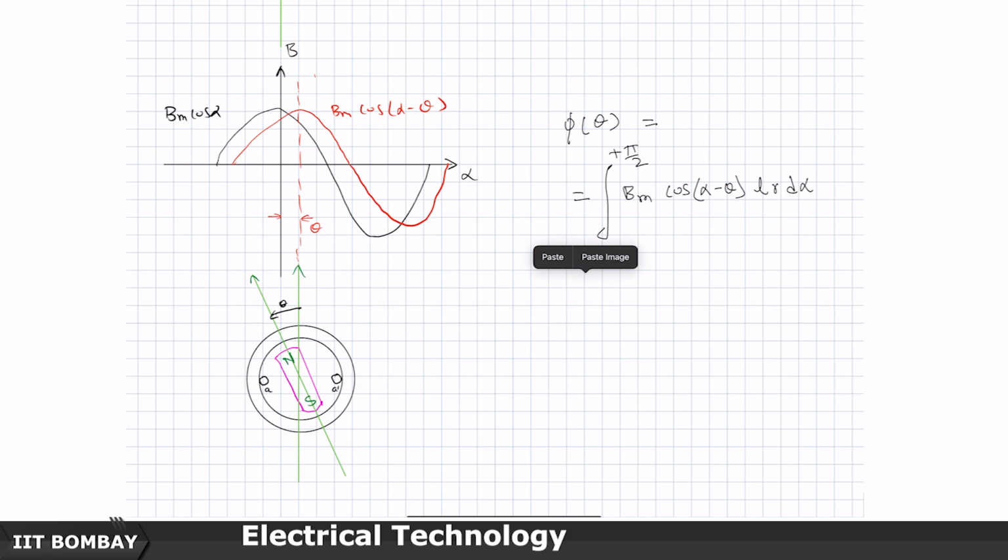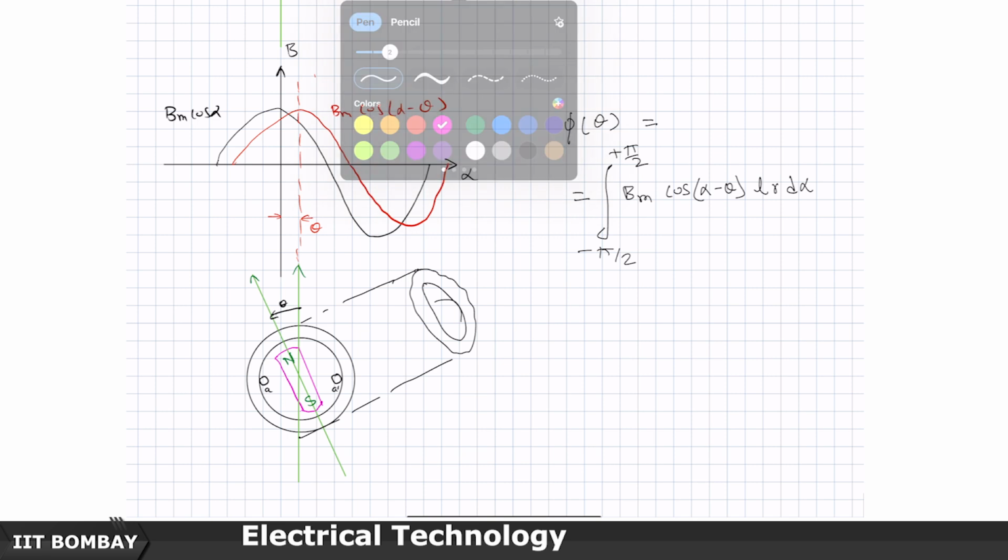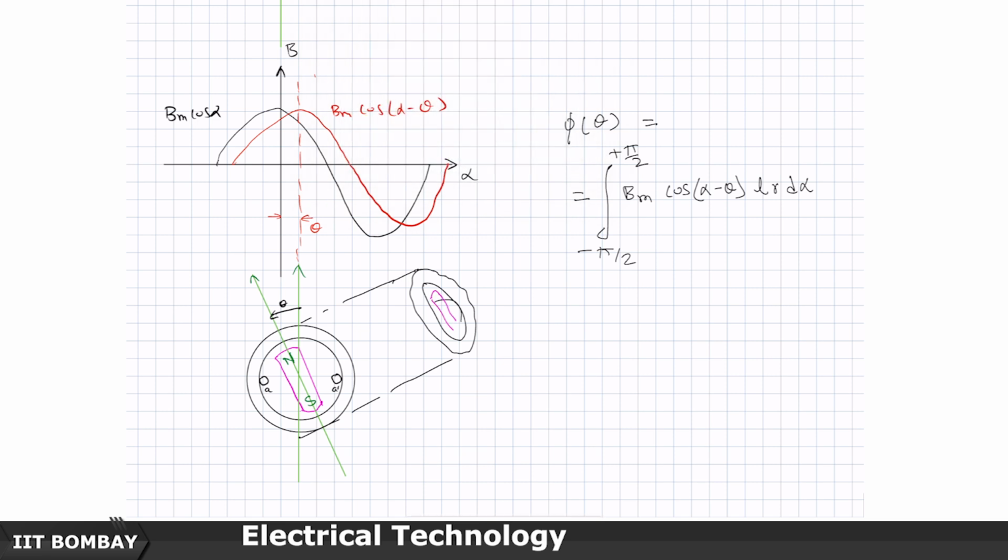And what is my L? Actually my L is, if you look, extend it like this and think of this whole thing like this, and so the magnets are also inside like this. So, the magnet also extends in this particular way. Therefore, this L is the length L, R is your mean